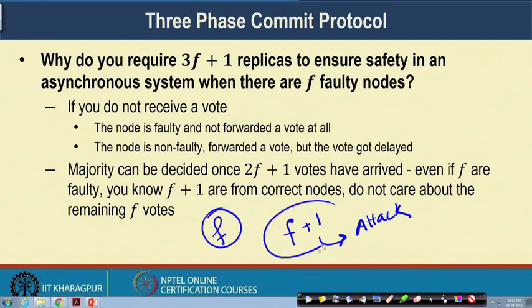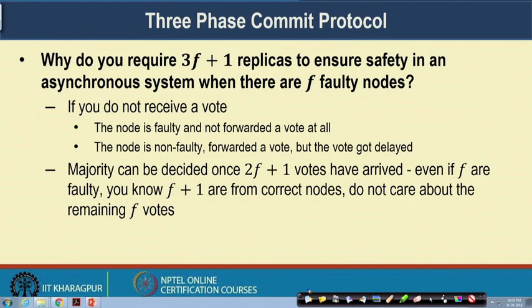So, even if f of these attack votes are coming from the malicious or Byzantine nodes, and you are not able to predict what the Byzantine nodes are going to say, there is at least one node that is in favor of attack, and it is a non-faulty node. If it is the vote of a non-faulty node, then all the non-faulty nodes in the system are going to vote for attack. So, you can correctly decide that attack is your final consensus value. That is why we require 3f plus 1 replicas to detect f faulty nodes.